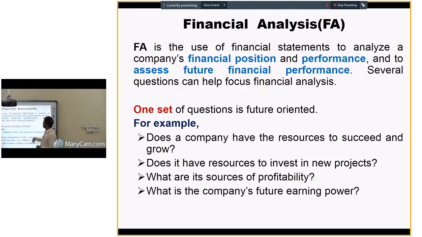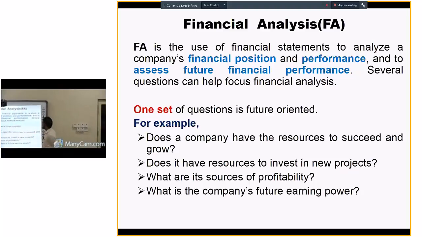Then the next one, performance. The financial operating performance of that organization we can identify through the income statement, the comprehensive income statement, right? And to assess future financial performance,